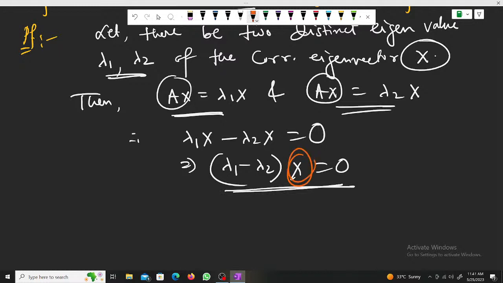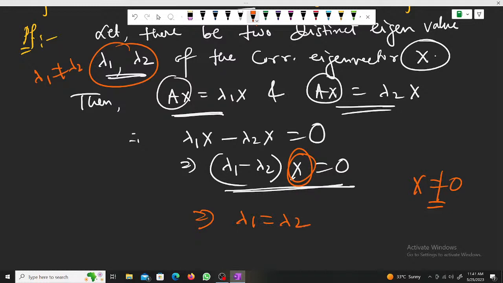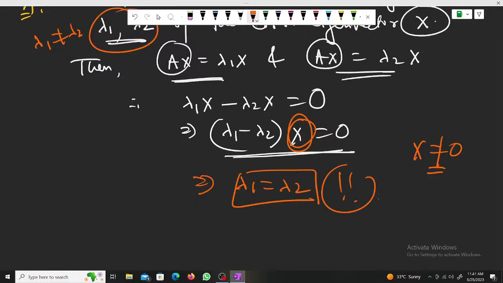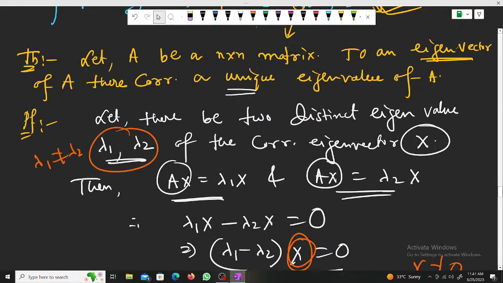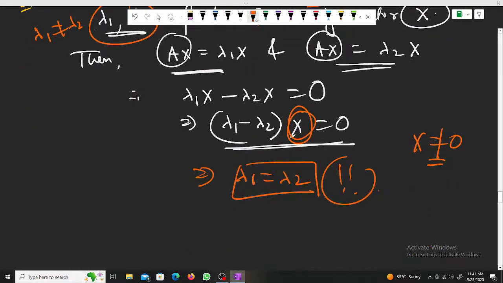কি দেওয়া আছে, x টা কিন্তু নন জিরো, তো আইগেন ভ্যালু ডেফিনেশনে দেওয়া আছে x টা নন জিরো, আবার কন্ডিশনে ধরেছি দুটো ডিস্টিংক্ট, দ্যাট মিন্স λ1 is not equal to λ2, তাহলে এইখানটা কিন্তু which implies λ1 equal to λ2, তাছাড়া আমার কোনো উপায় নেই, but which is contradiction. কি জন্য কন্ট্রাডিকশন এলো, আমি ডিস্টিংক্ট ধরেছিলাম বলেই কন্ট্রাডিকশন এলো। দ্যাট মিন্স we conclude that the vector λ1 minus λ2 is never 0,